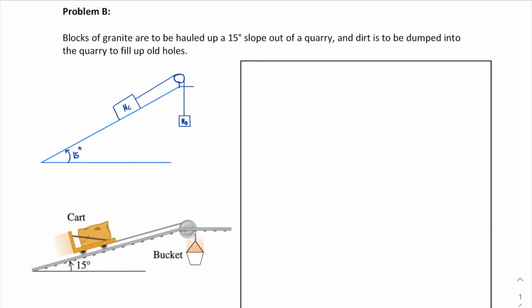So we will deal with problem B first, of course, sketching the free body diagram, as it is the most basic skill that you must be able to know in order to solve problems. We have this problem: a block of granite is to be hauled up a 15-degree slope, that is what you are seeing there, out of a quarry, and dirt is to be dumped into the quarry to fill up all